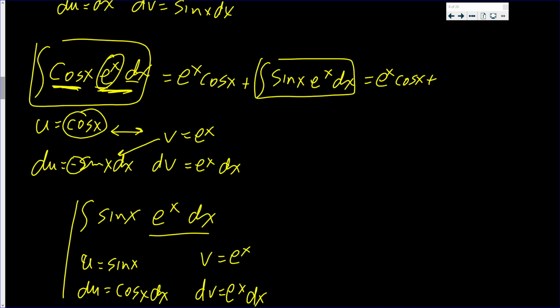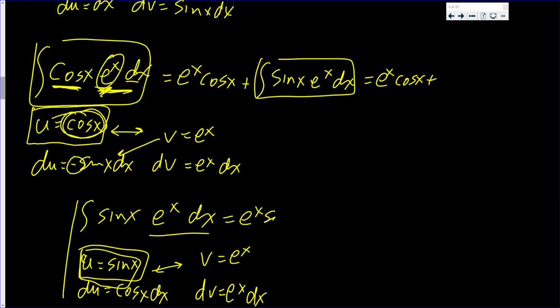As an experiment, so you can see what's going on. In the first integral, call the trig function u, and then in the second integral, let u equal e to the x, or vice versa. Go back and let u in the first integral be e to the x, and in the second integral, let u be the trig function. See what happens. Okay, this is equal to uv, which is e to the x sine x,